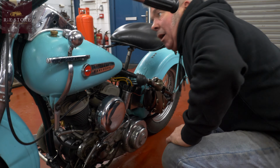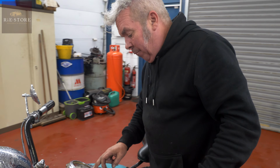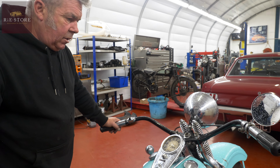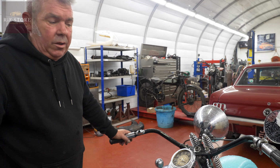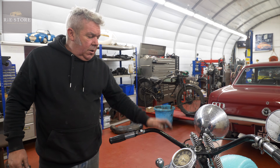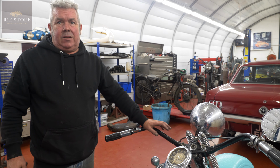There's so many different types, you know. It's a bit like speedo faces on these. Some of them are worth an absolute fortune if it's a one year only or something like that. I'm not sure what speedo face that one is. You can look all this stuff up. The guy said he doesn't like the wide bars, but you can change them. I think there's three or four different sizes of bars that they did, width-wise, and rake back and things like that. But don't forget, Harley Davidson in the 40s and early 50s had a massive